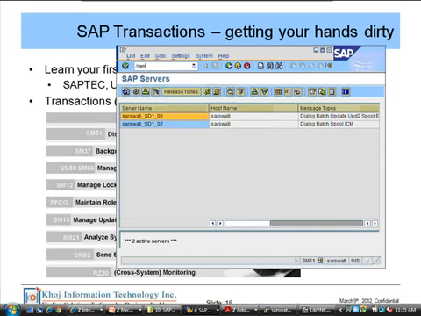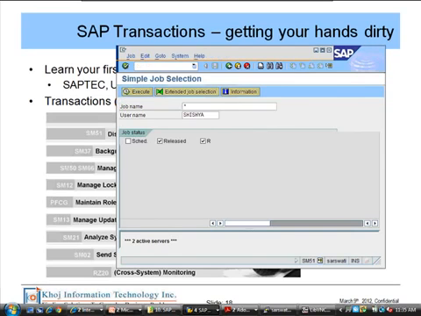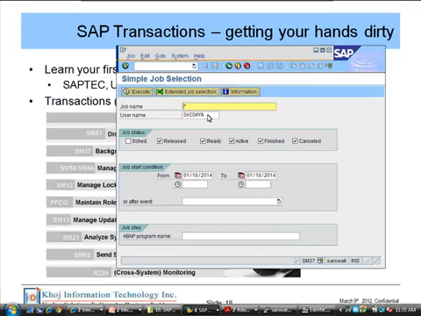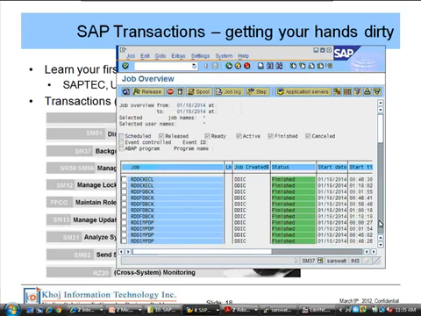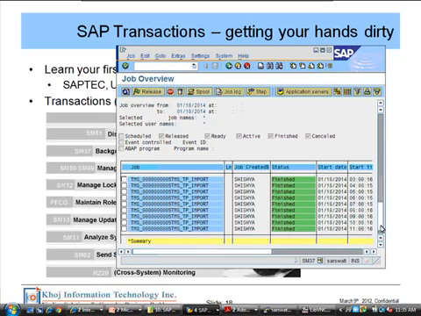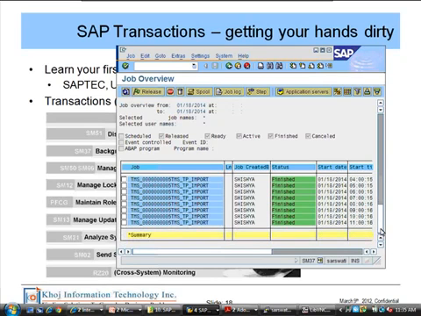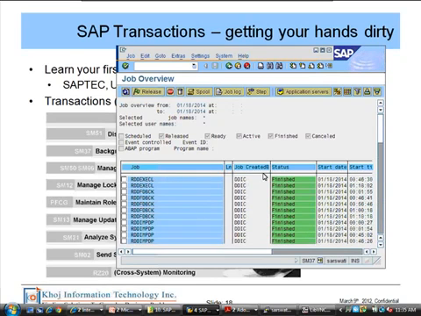SM37. With SM37 you can look at the background jobs. So I can say, show me all the background jobs run by anyone today. These are all the background jobs. Whether they finished, if some of them failed, it'll show that as well. In this case, most of them succeeded.